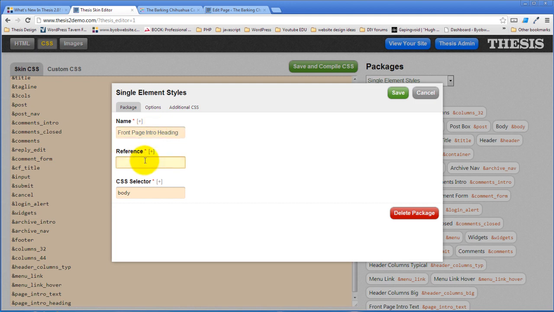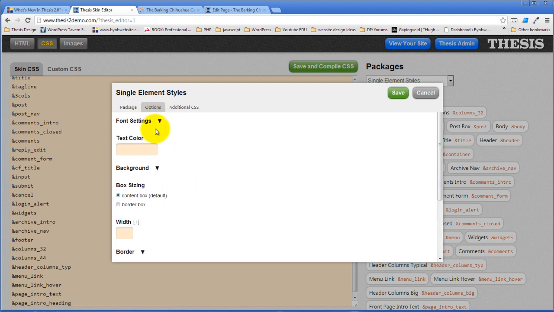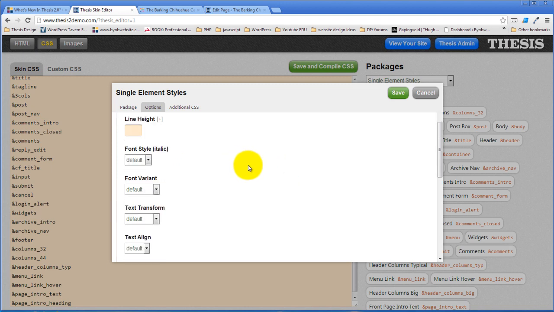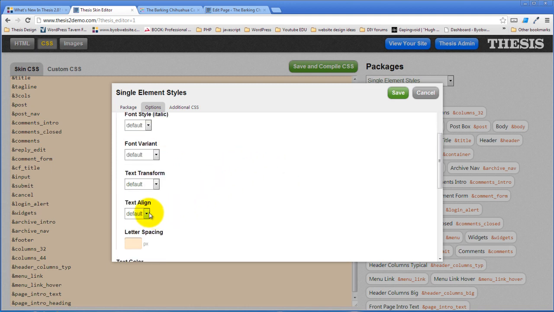The reference will be that. The CSS selector will be #page-intro-text H3 because that was the tag I used. In our options, the font setting is going to be larger. We're going to call it 24 pixels. And it's going to inherit everything else, except